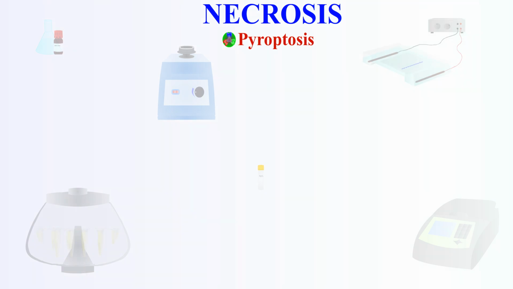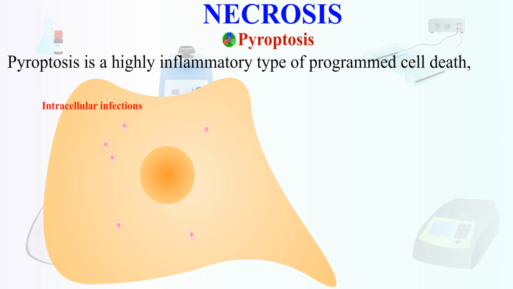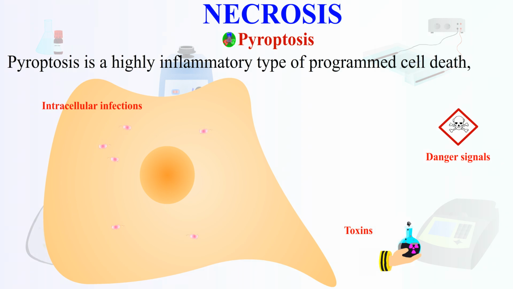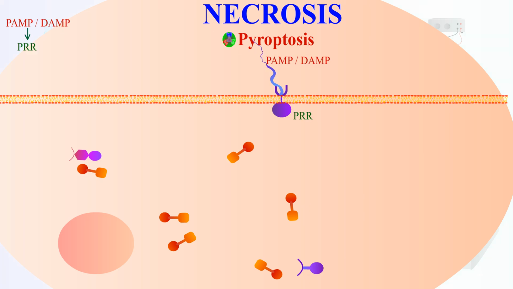2. Pyroptosis. Pyroptosis is a highly inflammatory type of programmed cell death triggered by intracellular infections, toxins, or danger signals. It is primarily mediated by inflammasomes and executed by gasdermin proteins, leading to cell lysis and the release of pro-inflammatory cytokines. Pyroptosis begins when pattern recognition receptors, or PRRs, detect pathogen-associated molecular patterns, or PAMPs, or damage-associated molecular patterns, or